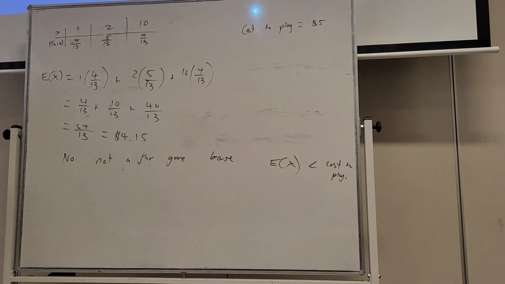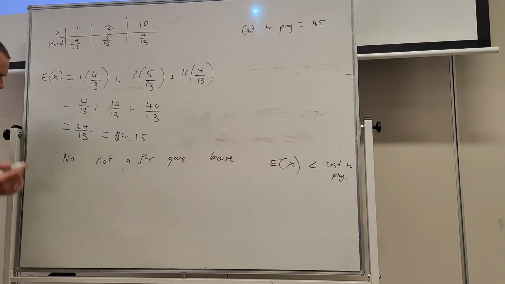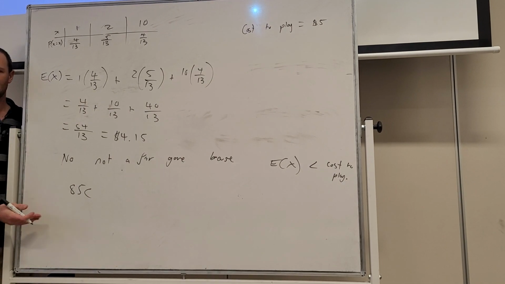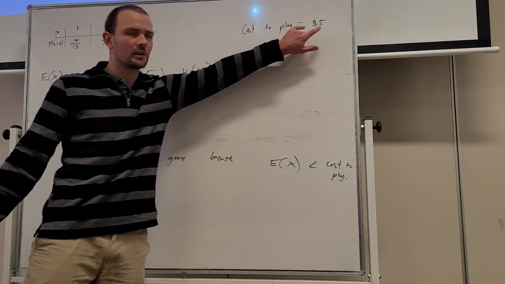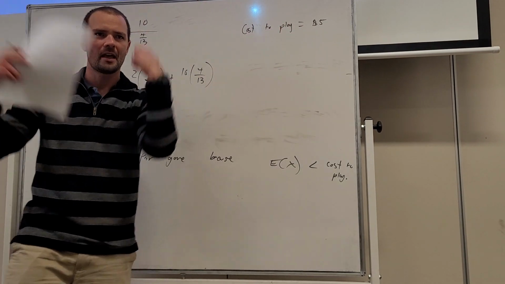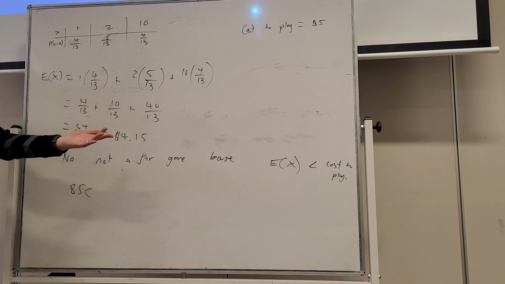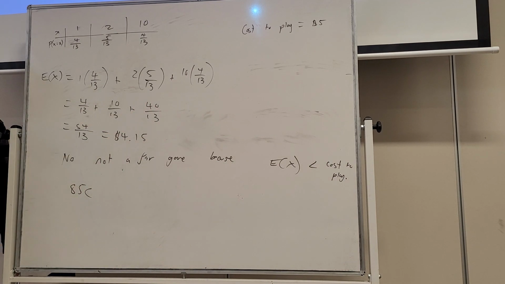And this is going to be a good idea for a fundraiser because each time the game is played, the person who's running the game is winning 85 cents. Every time they play the game, they're winning on average 85 cents because they're getting $5 from the people who are coming to play it, and then they're only giving back $4.15. So they're keeping on average 85 cents. If they play this game 100 times, they can expect to have got 85 bucks.